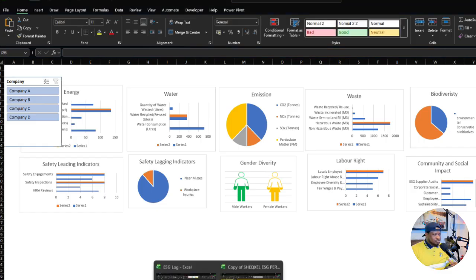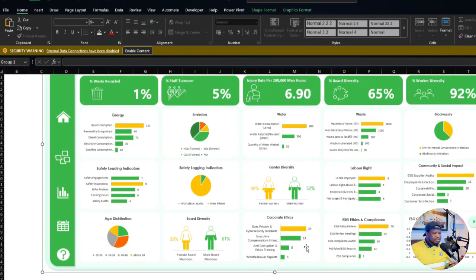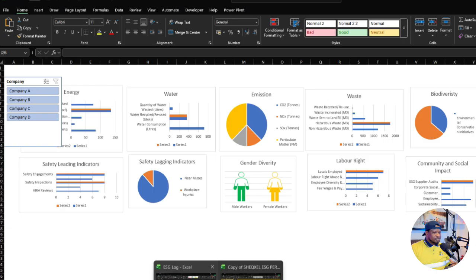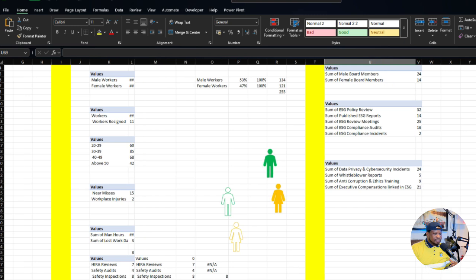How many more to go? We have all of this. We have 4 more to go. Okay, community and social impact. Community and social impact. Let's check again. Okay, that's it. So we move on to this side, and that is